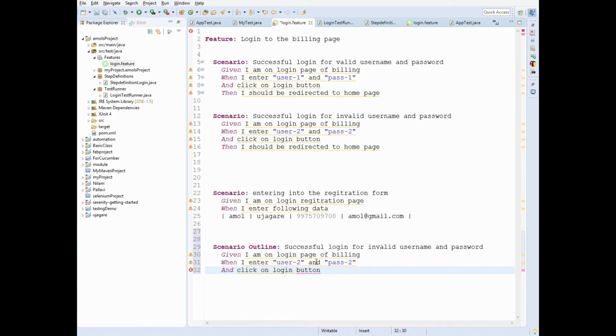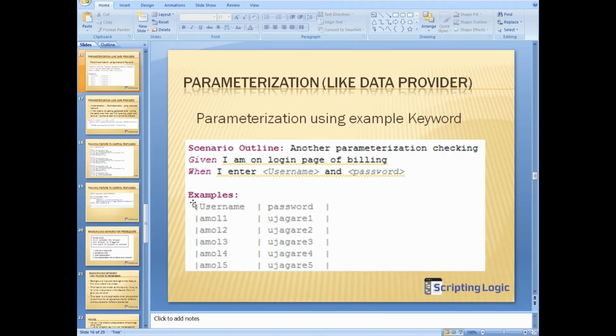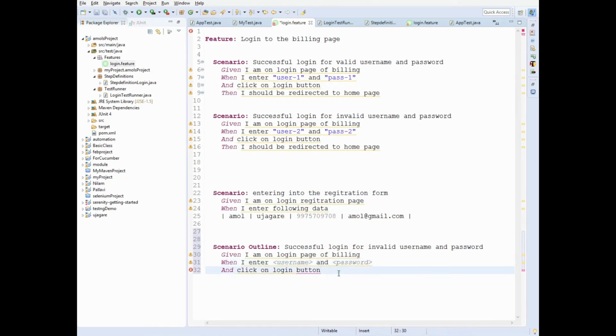Okay, when I enter username and password, so instead of this I will put two variables. Let's say username, and here inside this angle bracket password, and let's create this structure. Before that you need to write Examples and colon.